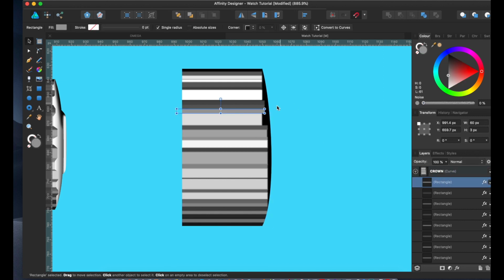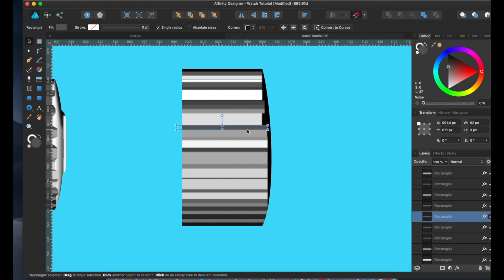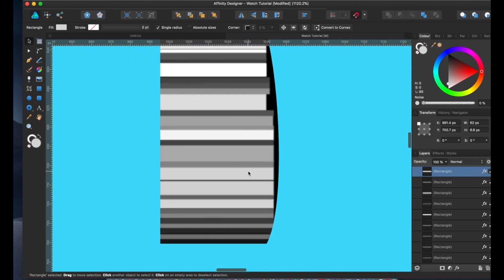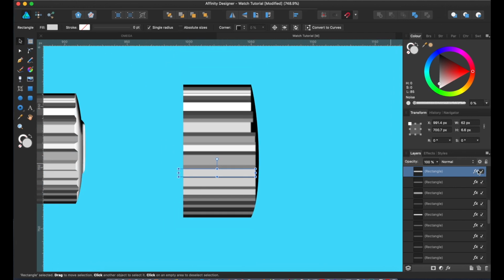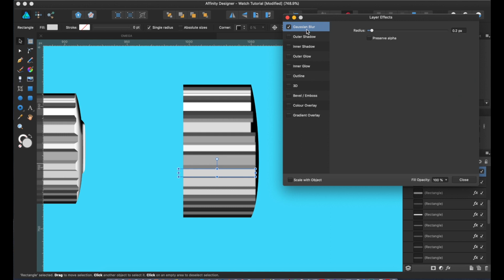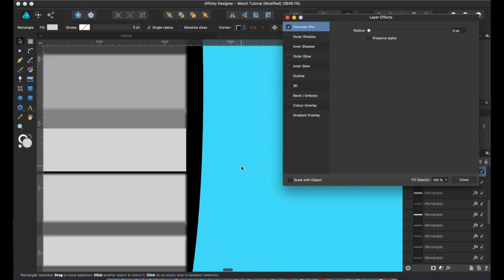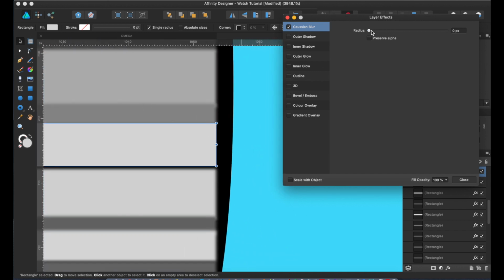Here I've just made loads of rectangles, and you can see as I select them, just loads of rectangles going down. I've added a little Gaussian blur to them, as you can see on the side here. Little Gaussian blur there, see I can make it more or less. So initially they were just rectangles.